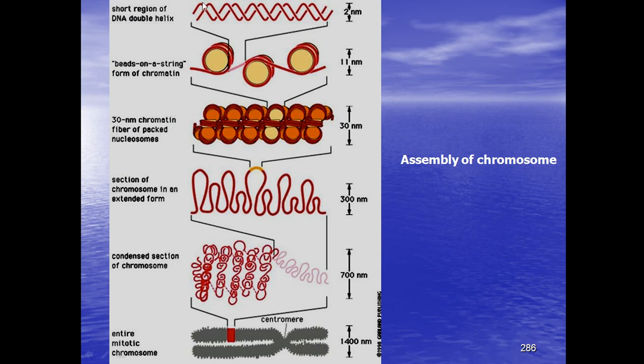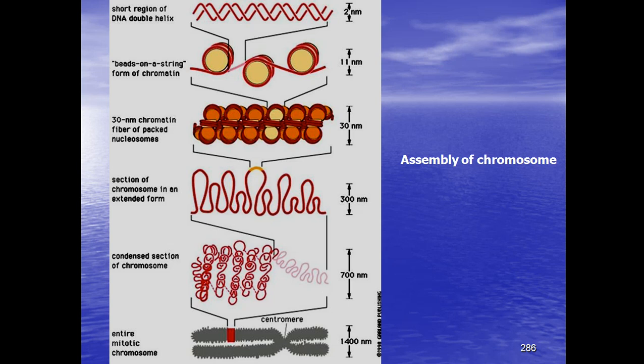So this is the short region of the DNA double helix. The width is only 2 nm. Then beads on string, this is what you call the nucleosomes, the beads on string form of chromatin which is only 11 nm. Then it goes for folding, 30 nm coiling, supercoiling, and that is known as solenoid coiling. Actually this type of repeated folding and coiling is known as solenoid coiling, and the diameter is